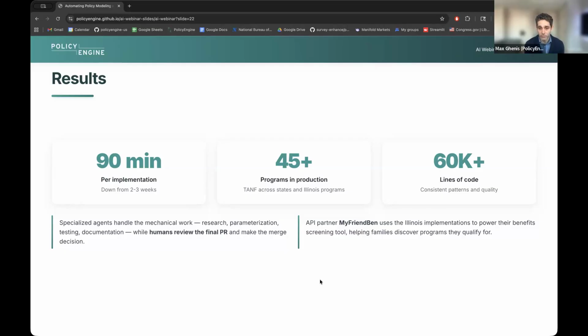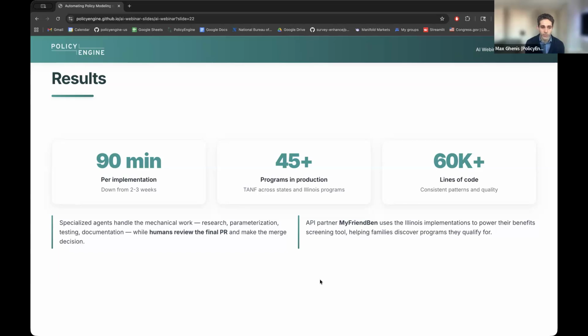In terms of lines of code, not always something to be proud of, but in this case the policies are just complicated. So the lines of code, over 60,000, really do represent the level of legal complexity that comes from statutes, regulations, program manuals, and lots of different documents that have different features of the policy that we've been able to automate.